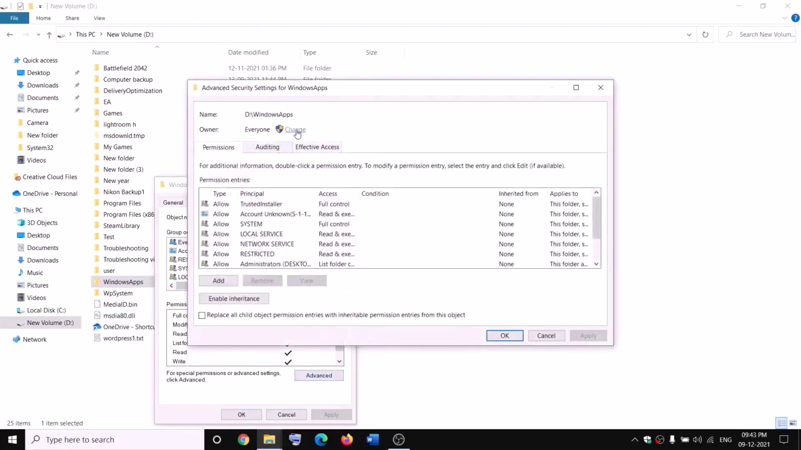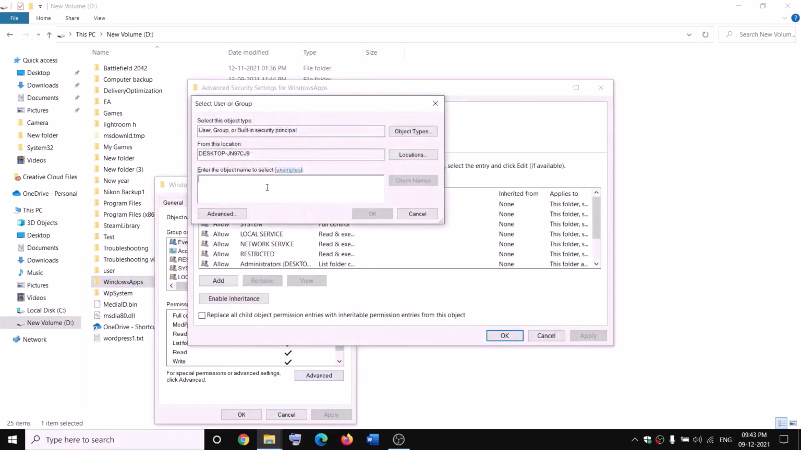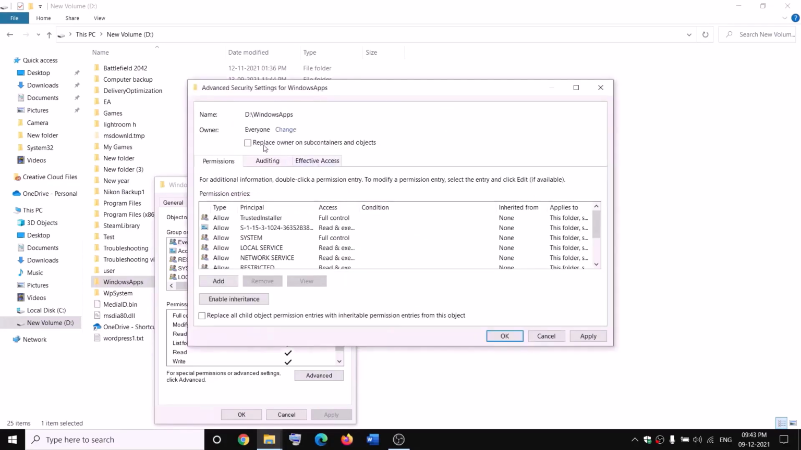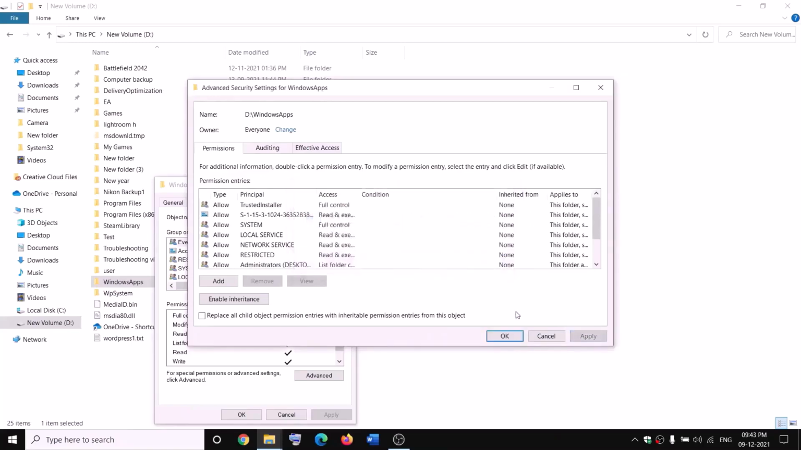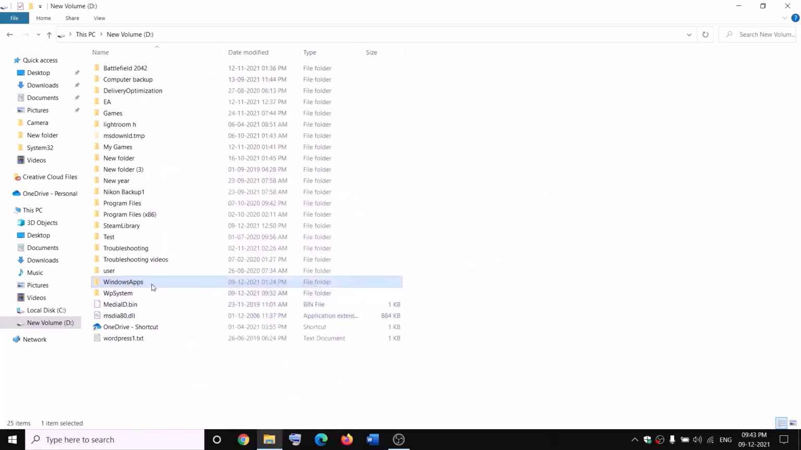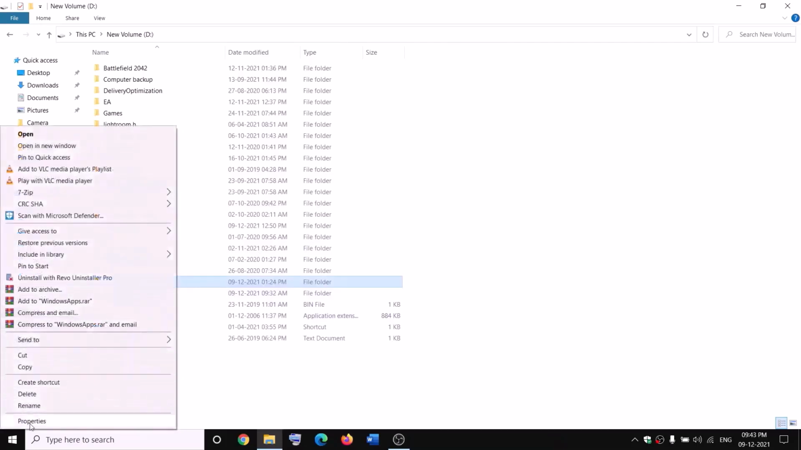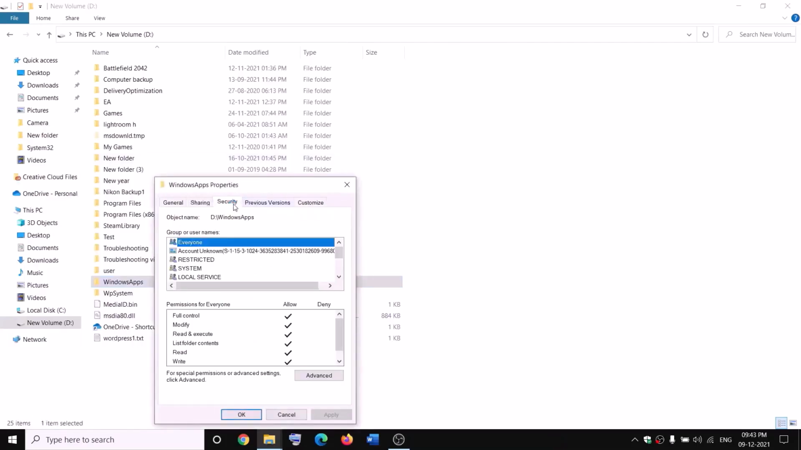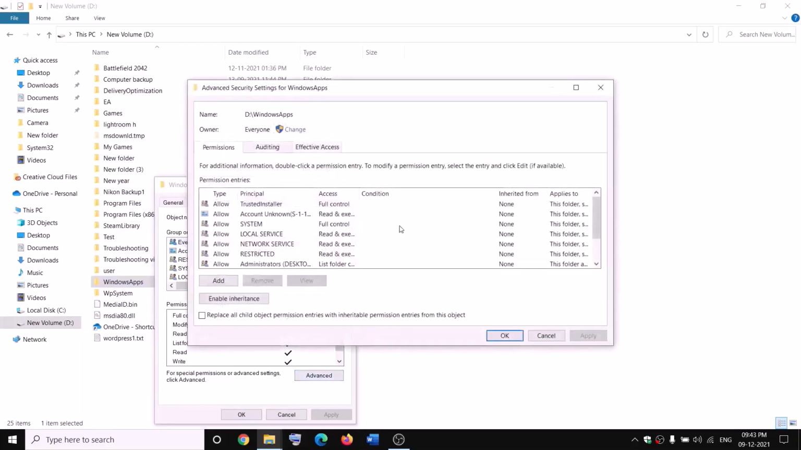Now click on Change over here, type in Everyone in the box. Now click on Check Names, then click on OK. Now put a check on the box which says Replace owner on subcontainers and objects, and then click on Apply. OK, OK, again OK. Again right click on Windows Apps, select Properties, Security tab, Advanced, and this time